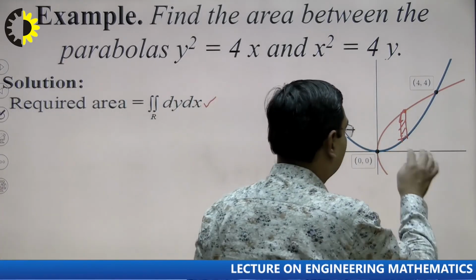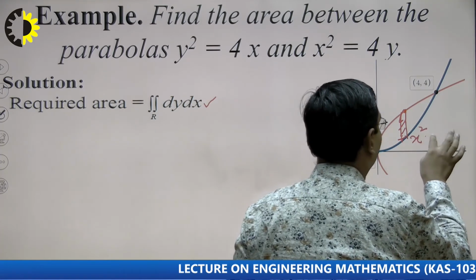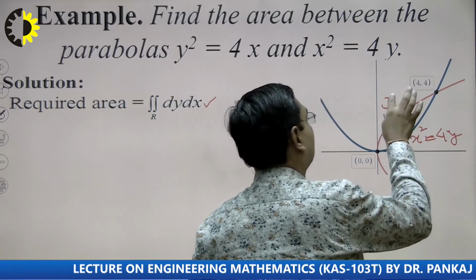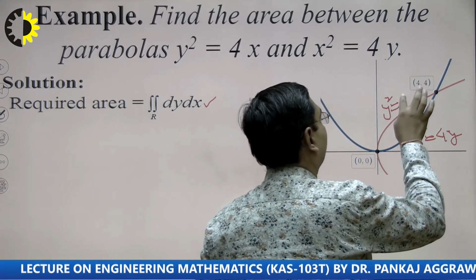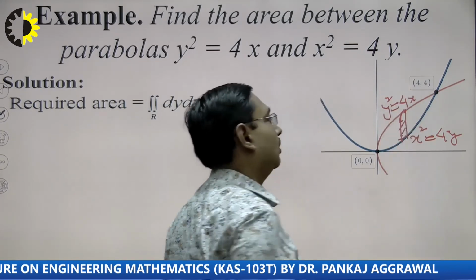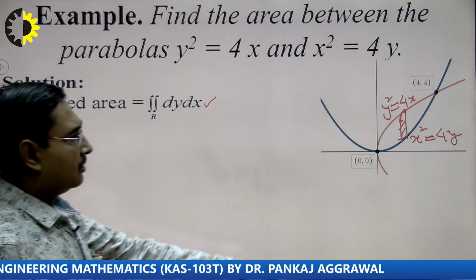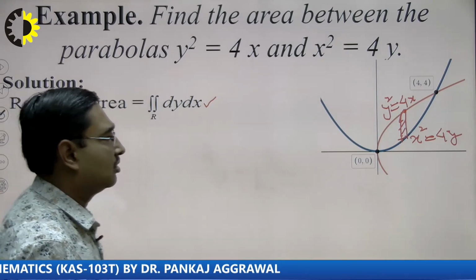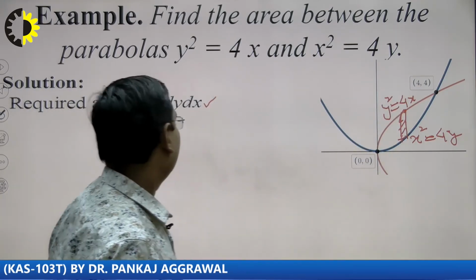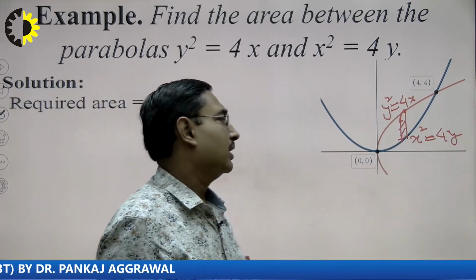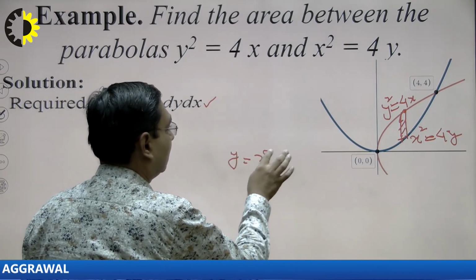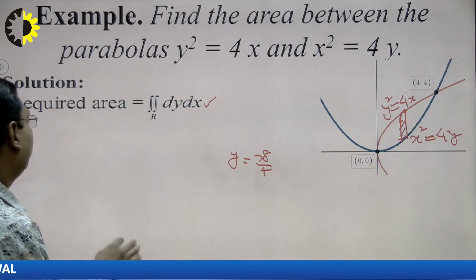This is the parabola x square equal to 4y. This has equation y square equal to 4x. The lowest point of this slice lies on this parabola. Its equation is x square equal to 4y, and it gives y equal to x square upon 4, which will be